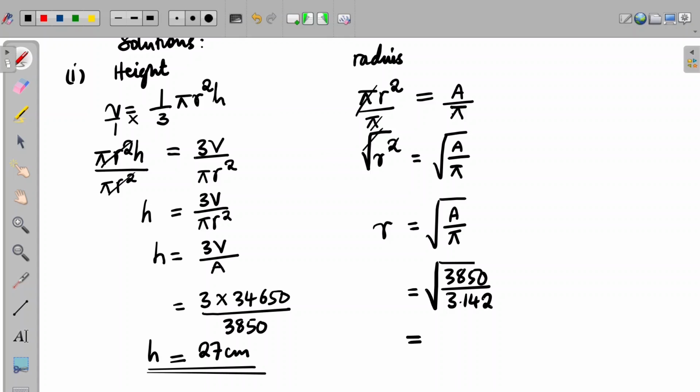So I'm getting 35 point something and other values, but the closest is just 35. 35 centimeters is our radius. So we will now move to